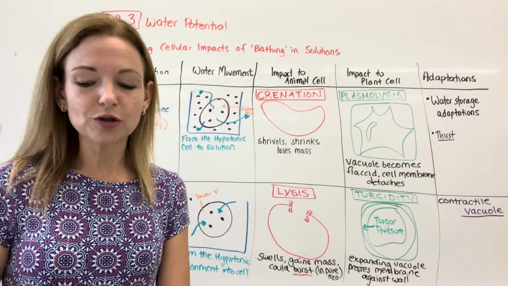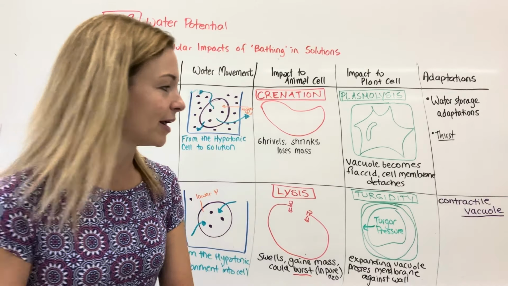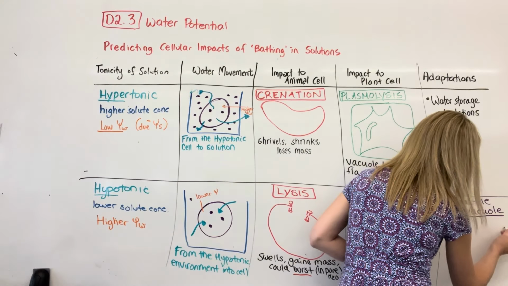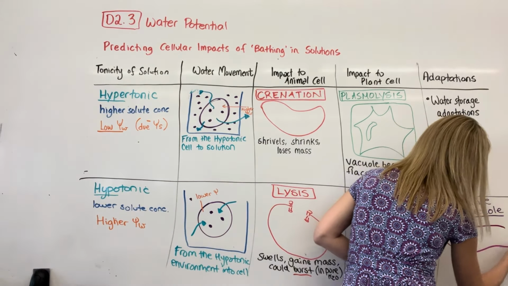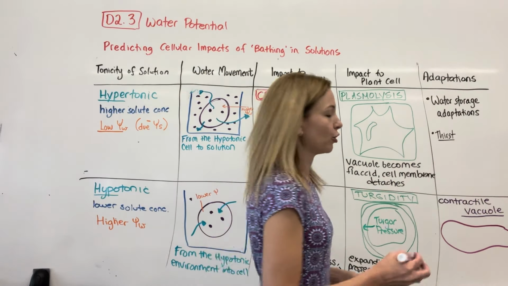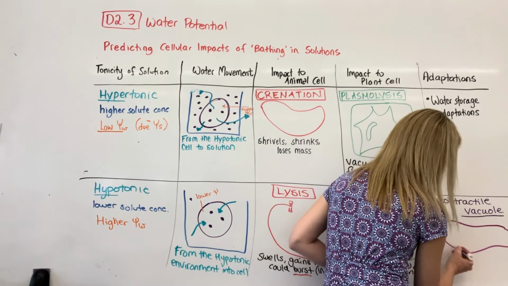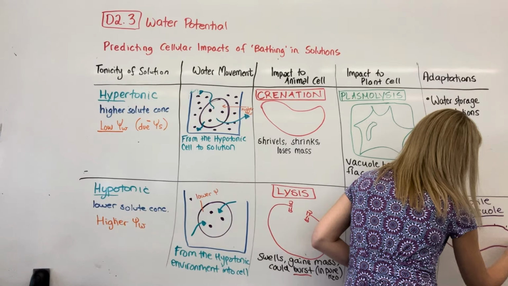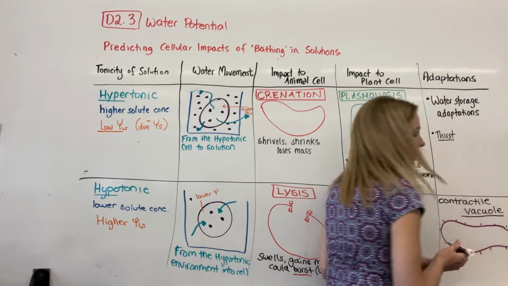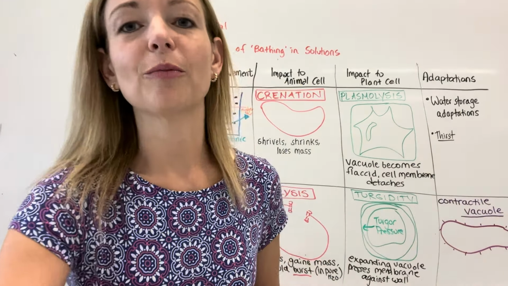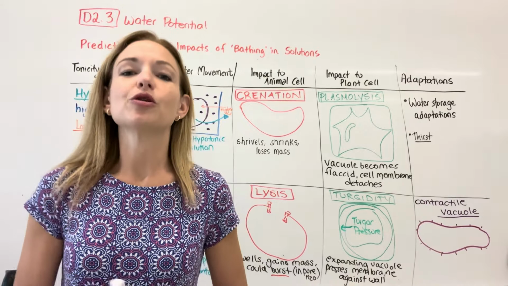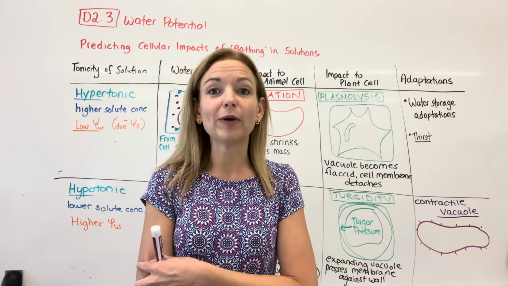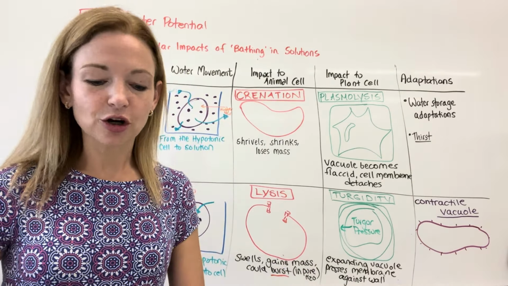So nothing too complicated to understand about it. So here would be my little one-celled paramecium. This is a unicellular organism that lives in fresh water. Because it doesn't have a multicellular body plan that would be helping to actually get rid of water like we do,